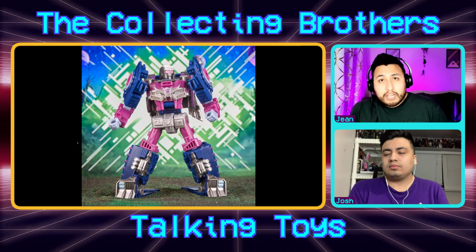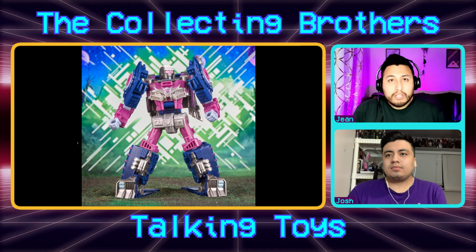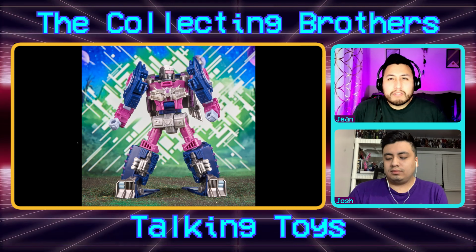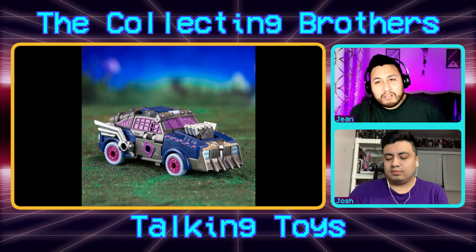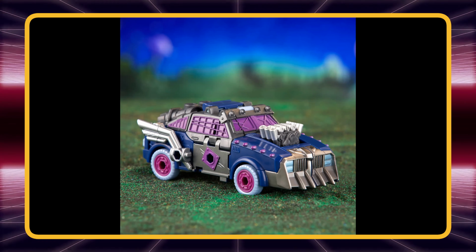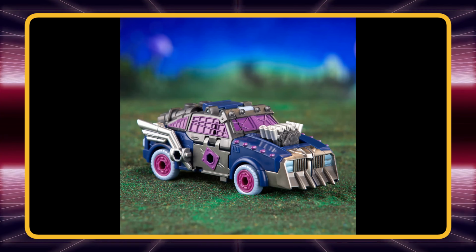Next up, we got another deluxe class figure here. This is Axel Grease. I don't know. I like the detailing that we're getting on this one. And okay, never mind, I changed my opinion because look at this alt mode. Exactly, and this is a 100% all new alt mode. Yeah, this alt mode's sick, dude. This is Mad Max vibes. I love Mad Max. It's like an armored zombie car. You know. Yeah, and the purples and